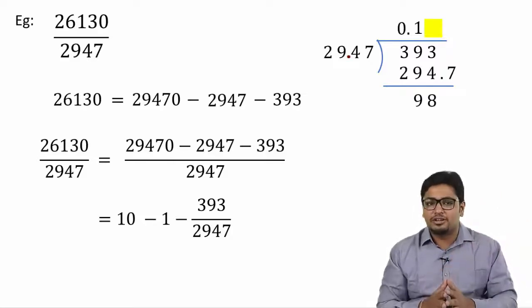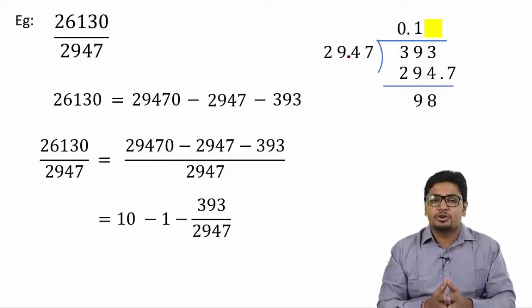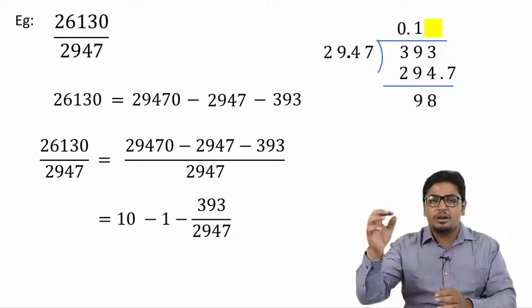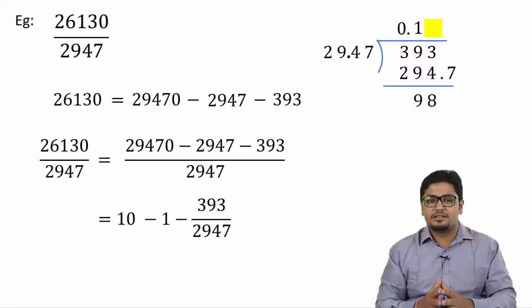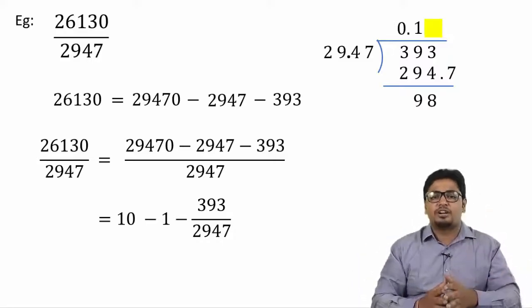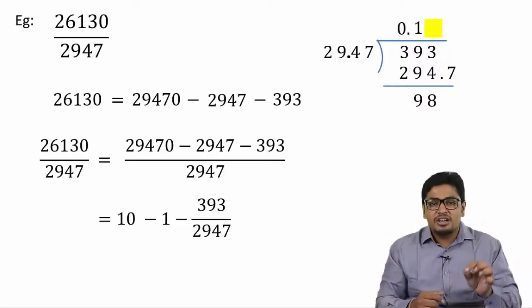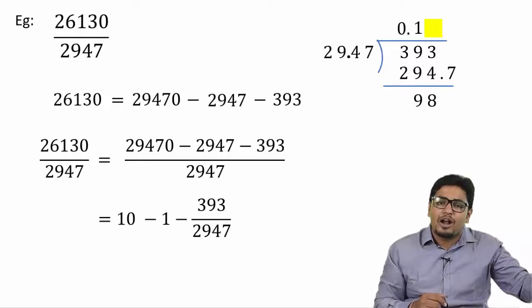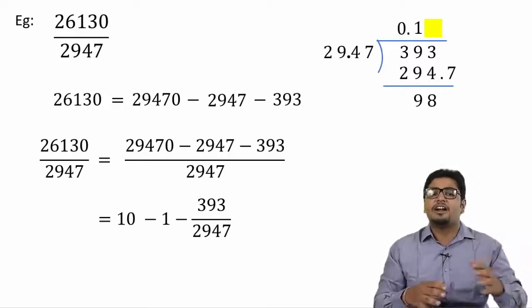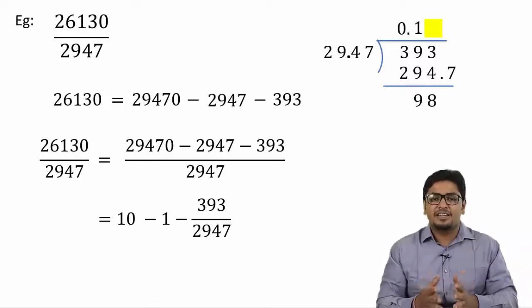This is important. My whole purpose of this video is to tell you this approach. If decimal comes in the quotient, put a decimal in the divisor. That too towards the end of the divisor. To get quotient second digit after the decimal, shift the decimal in the divisor one place to the left and continue the division. Like this, go on till as many places as you want.